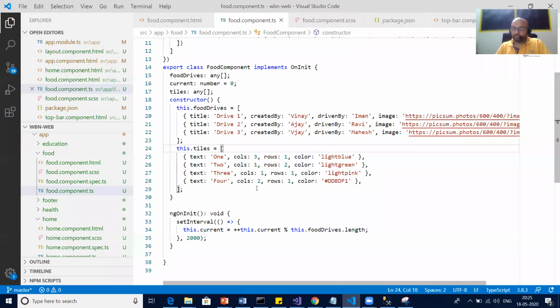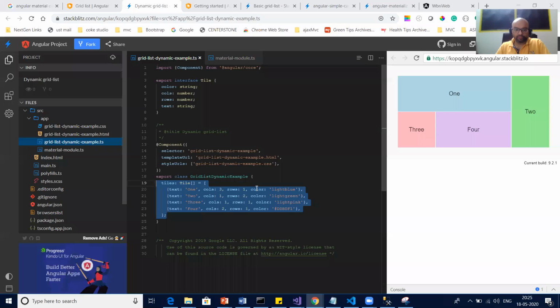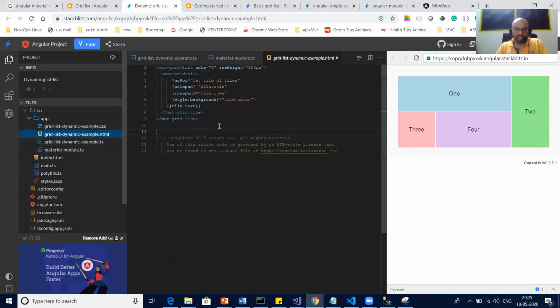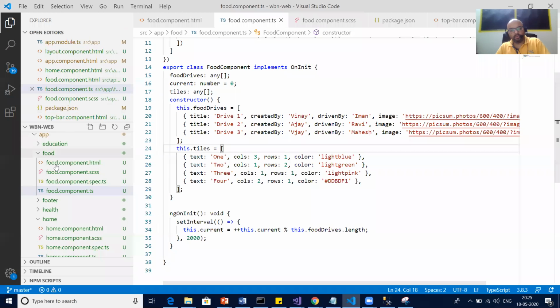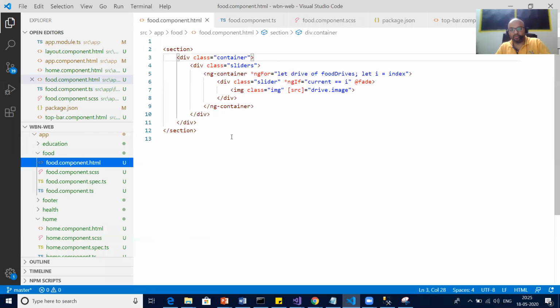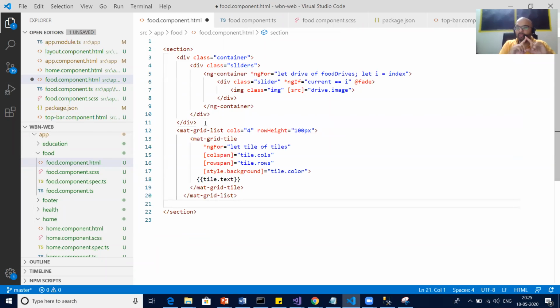Now in the HTML, I put this material list. First, let me just show you whether it is working or not. Then I will explain why or how it is working. Do remember, guys, I'm not making any skeleton of the food page. You guys said you will be doing it. So I put it on you basically. You come up with a proper design and do let me know.